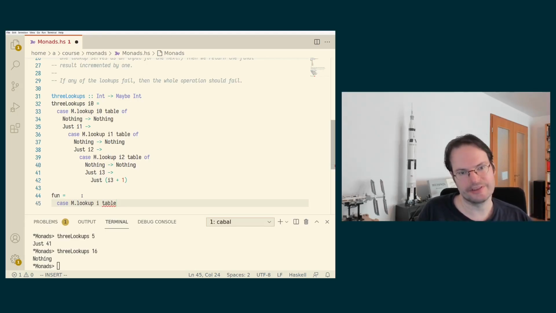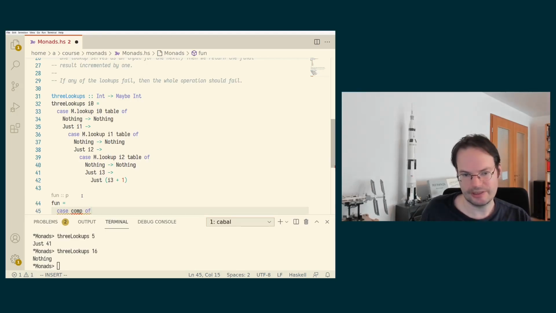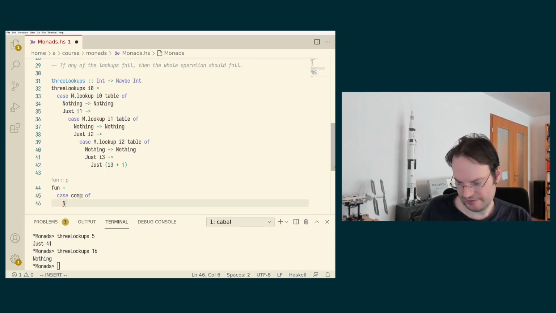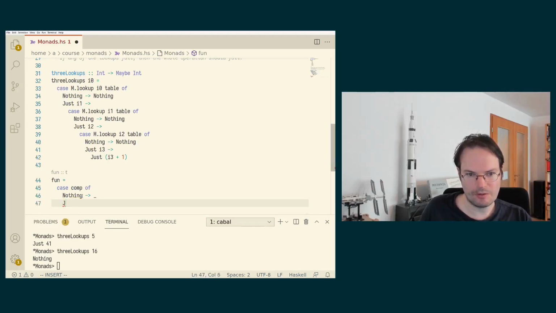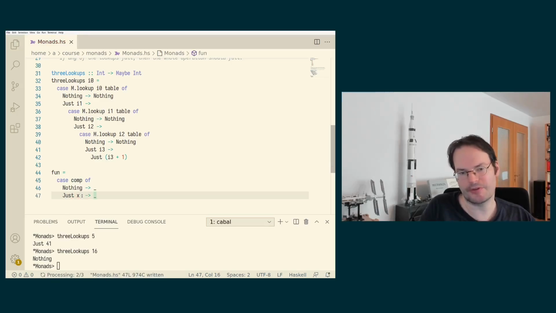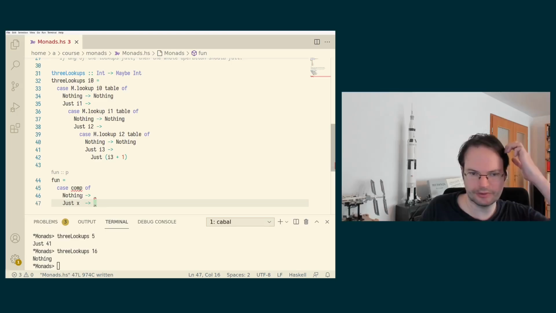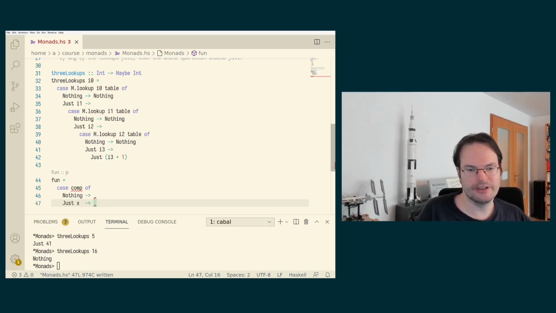The essence of this example is that I'm performing some computation that has a maybe result. So let's abstract from this entire computation that may have a maybe result. I want to check whether a particular computation that I'm calling comp now is either nothing or just of something. And because I'm abstracting over the computation, I now also don't necessarily know that it will result in an integer, so I'm not calling the result just I, but just x,